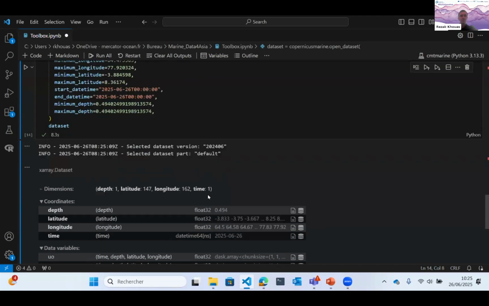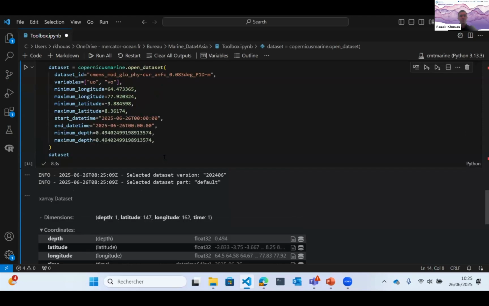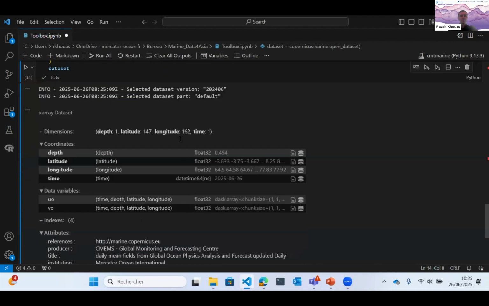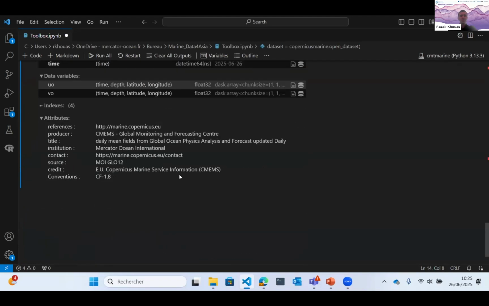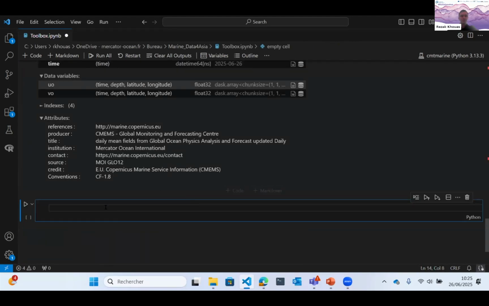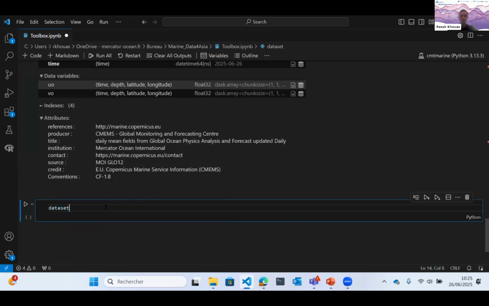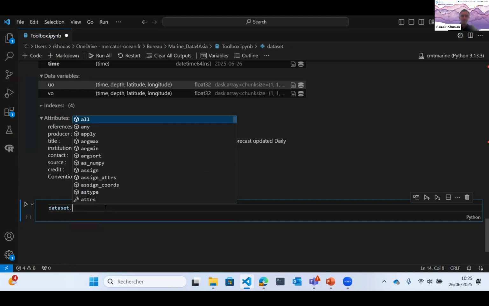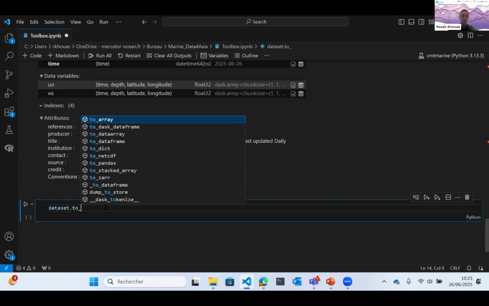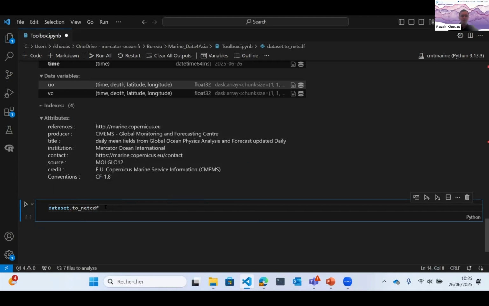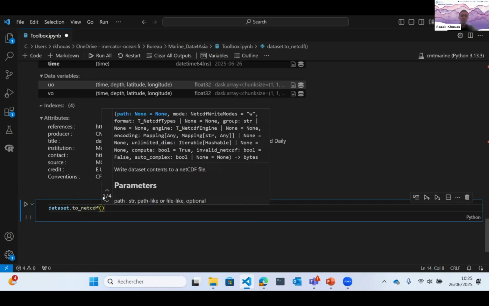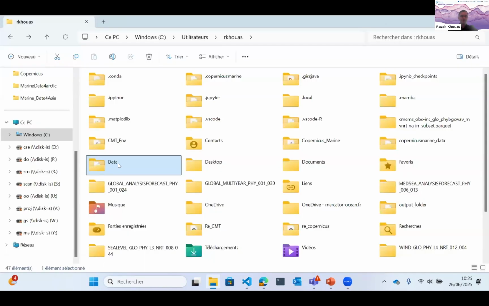Of course, for those who wish to export their remotely opened subset to a netcdf file, it is possible to use the to_netcdf method. For that, you can just type in the name of my created subset with open dataset, followed by the to_netcdf method, and you also have to specify your output directory. For that, I'm just going to use the same one, copy the path here,